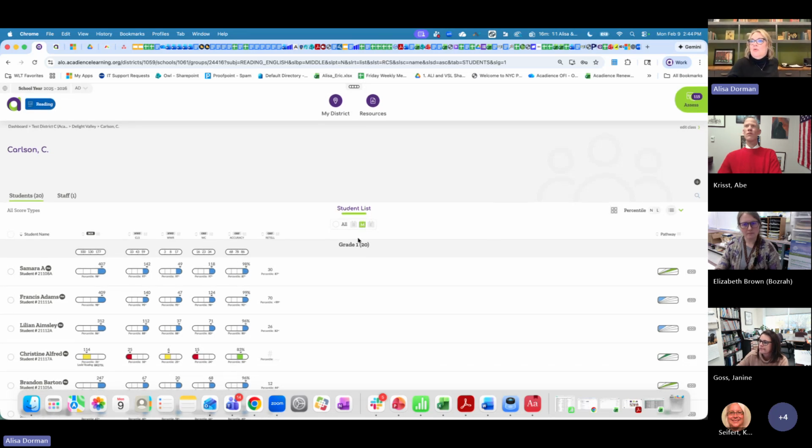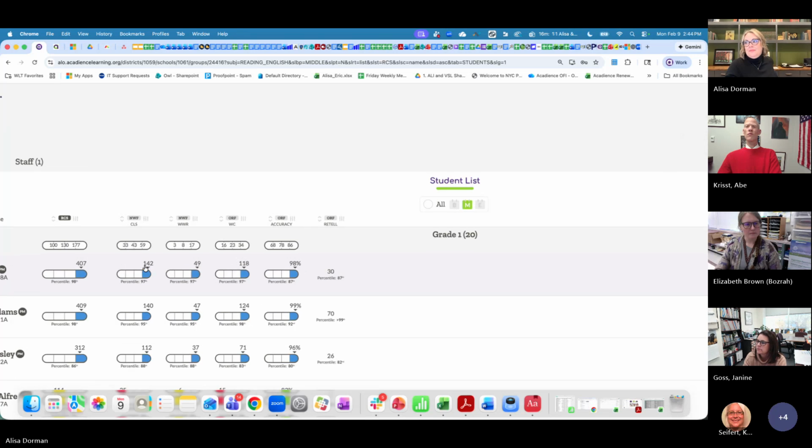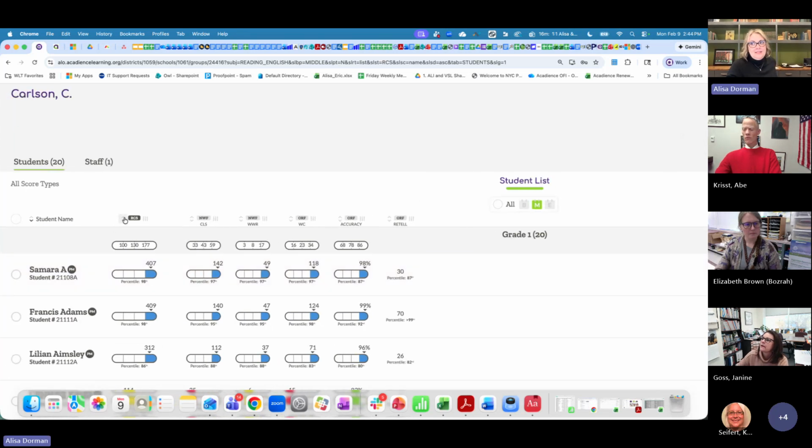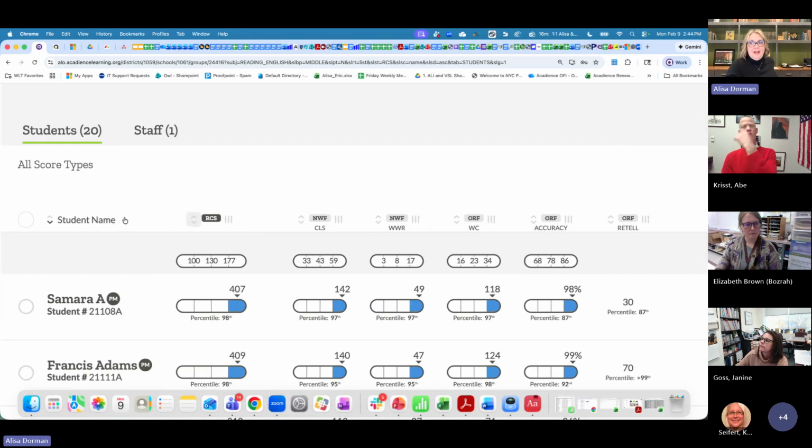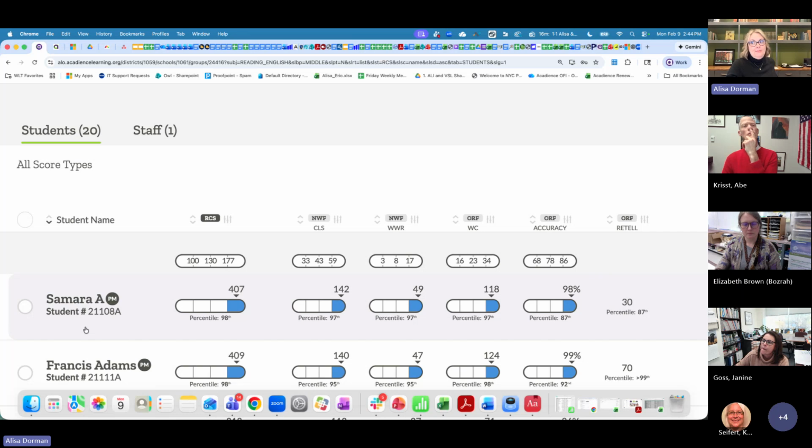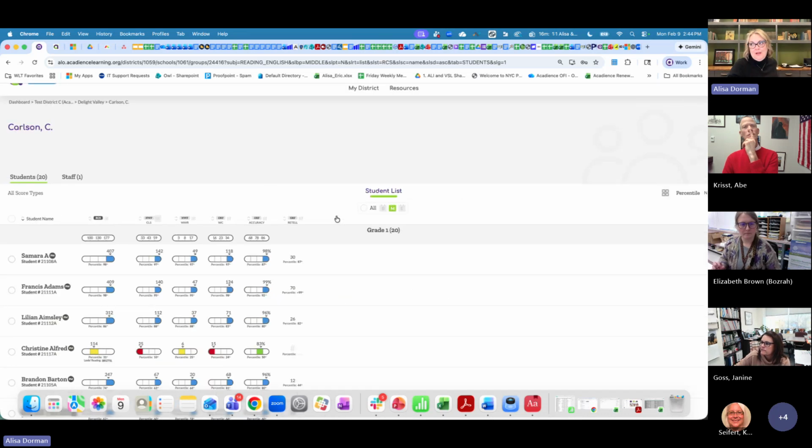I can see really quickly, and I'll zoom in, that I have a column with student name, then the composite score, then every individual measure score in here. And then you'll see these carets and these filters on each side of the column. I'm going to come back to that in just a minute, but I wanted to draw them out.